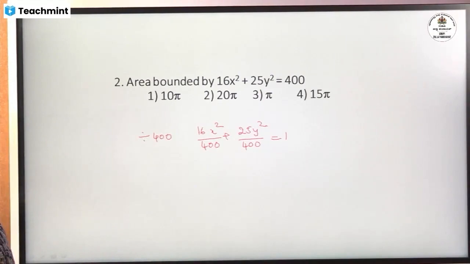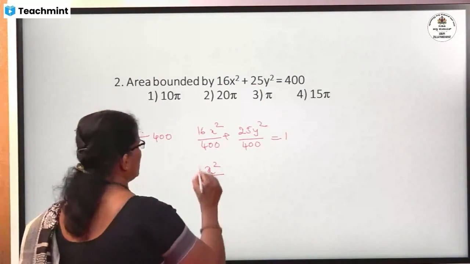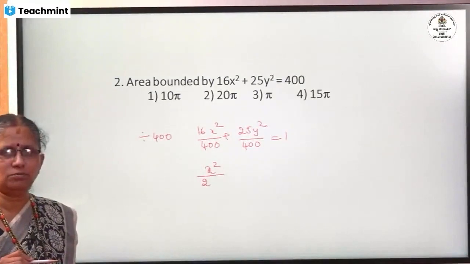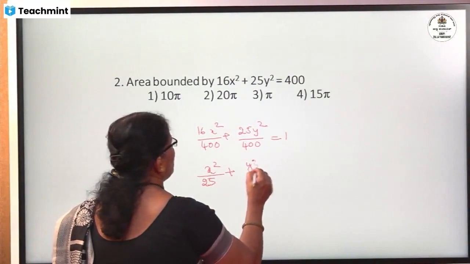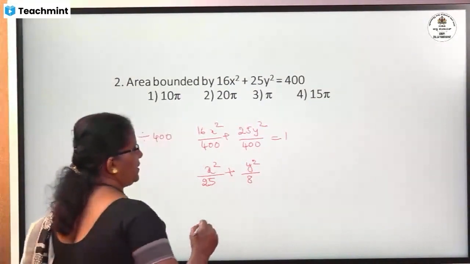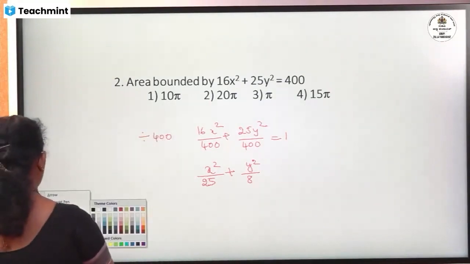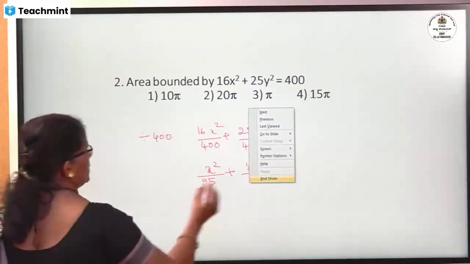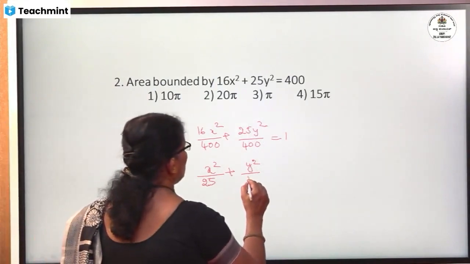Correct? And what is 16 by 400? So it is,